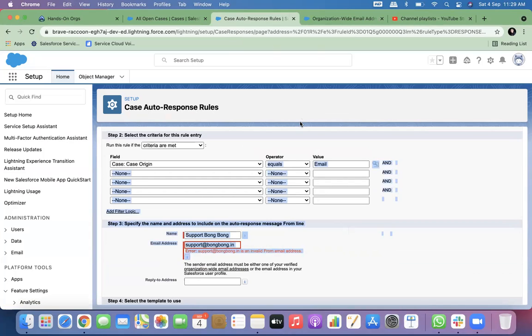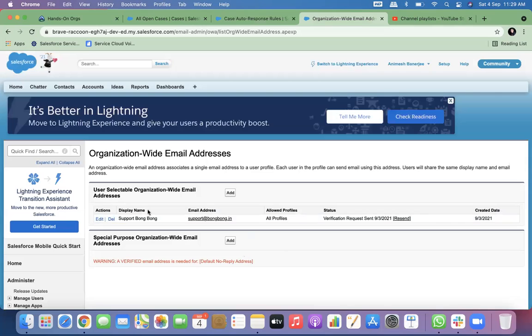Oh, sorry, this is not verified. So I have to verify it, and then it will work. So verification request sent. I will have to verify this email so that I will be able to use it.